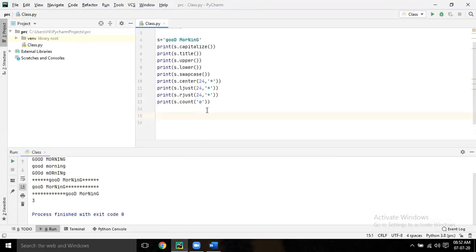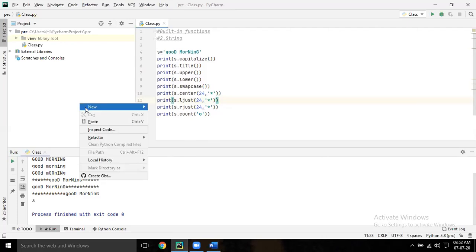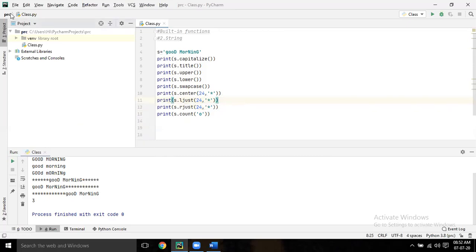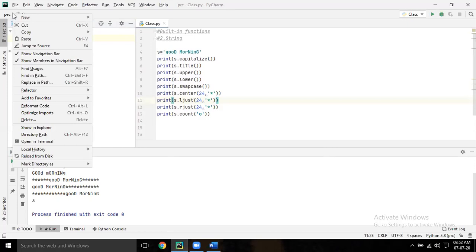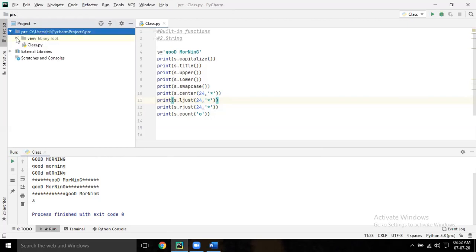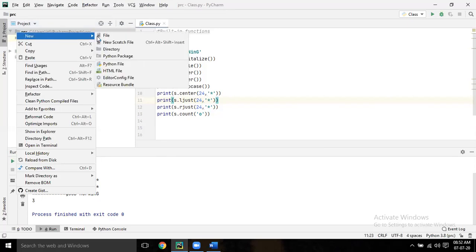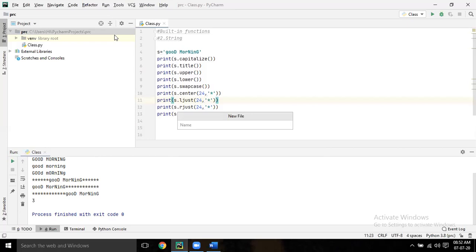Right click in the PyCharm left side, in the folder, New, Python file.